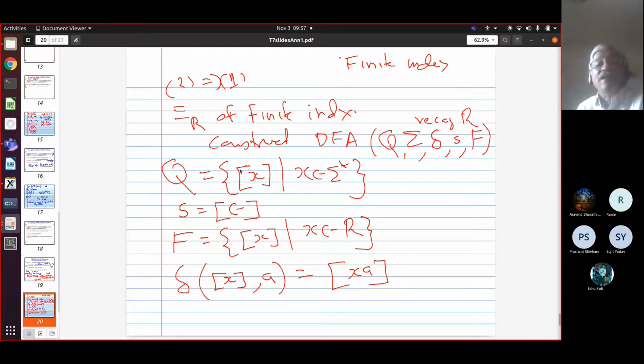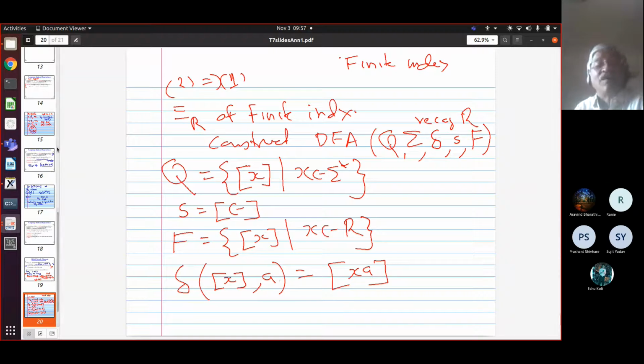What we do is each equivalence class becomes a state. Because you have a language, it will have some number of equivalence classes, and we have said it is of finite index, so it has finitely many equivalence classes. Each of them becomes a state, and we can construct the DFA. The equivalence class of epsilon becomes the start state, and given the equivalence class of a string X, extending it by a is the same as the equivalence class of string XA. So this is the definition of the DFA.